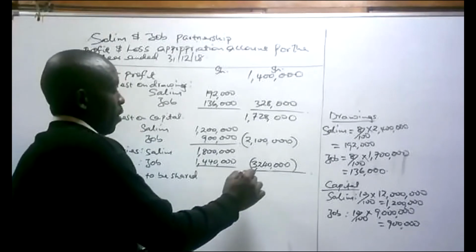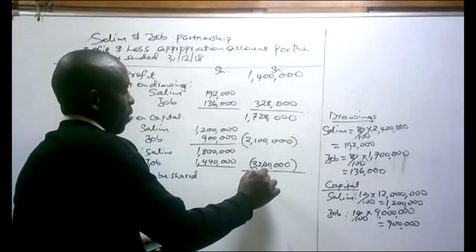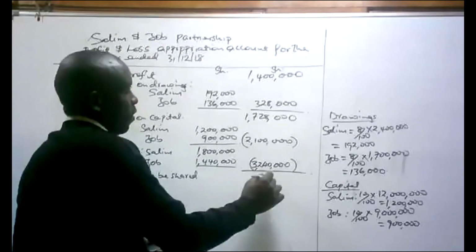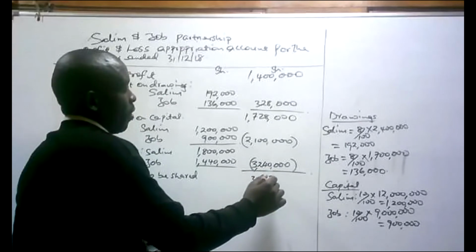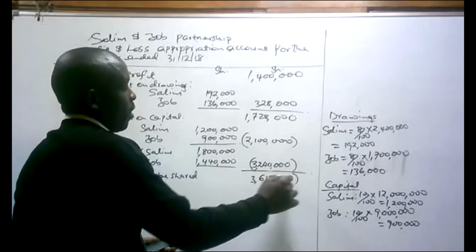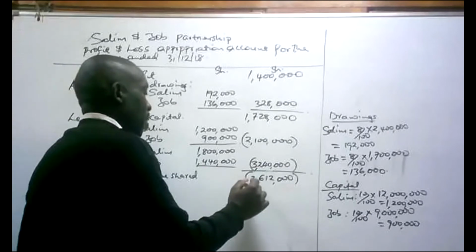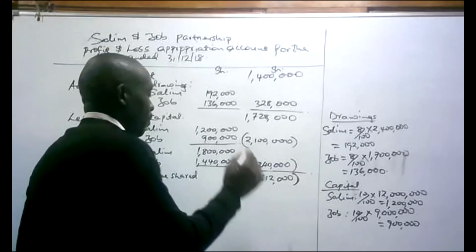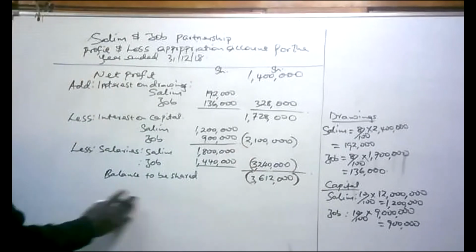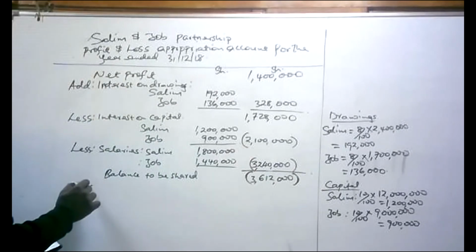Negative 3,612,000. 12. Yes. Well, yeah. And remember, it is a negative. If it is a negative, you just put it into bracket. Then we are going to come here and now let's